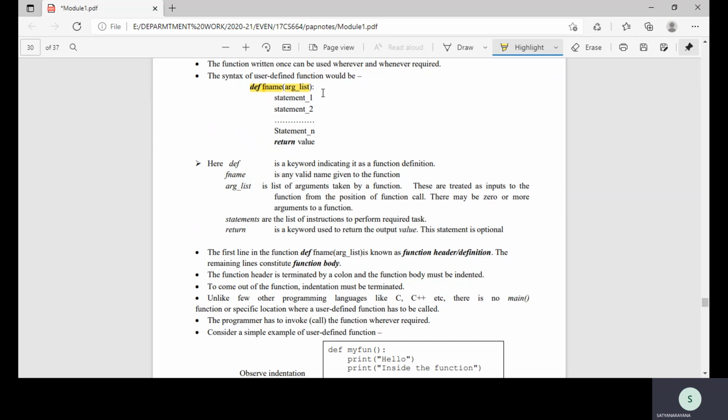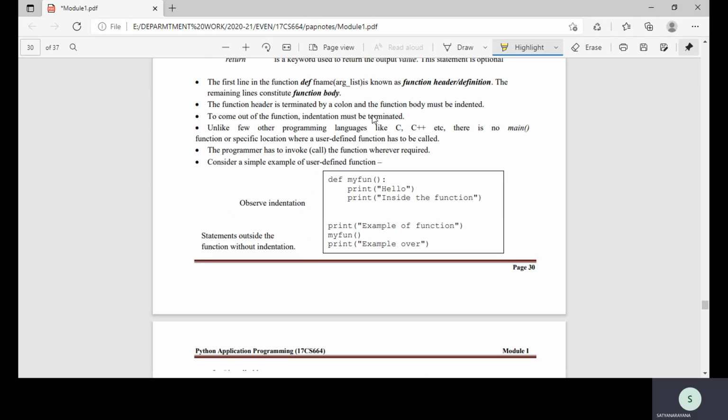Within that, we write all the statements, and then one return value. As I said in the last class, whenever you are defining conditions, functions, or special cases like try and except, you should end with a colon. So this is the syntax of how a function is created in Python.